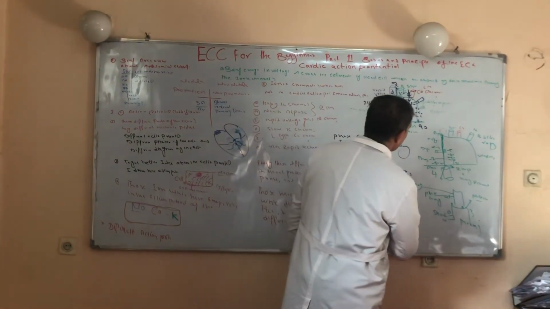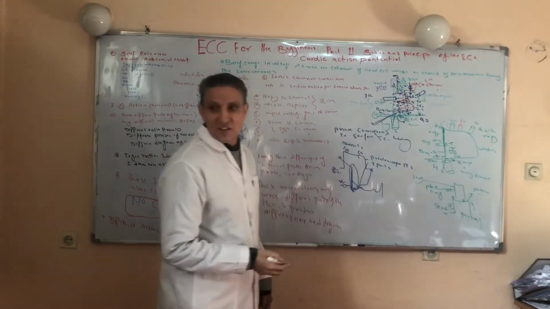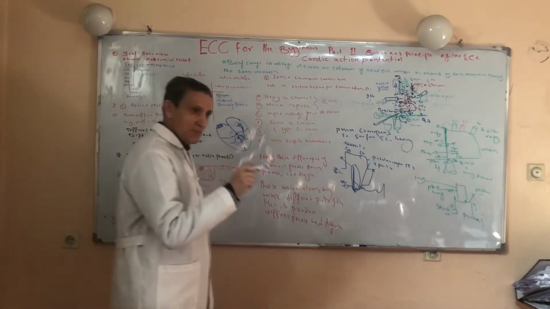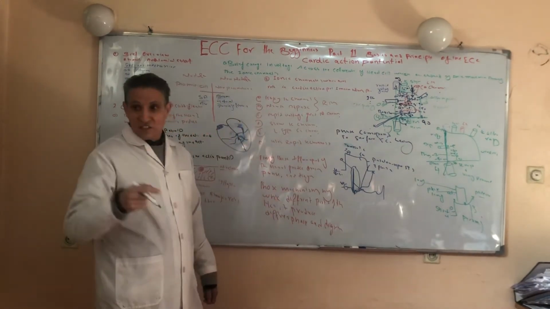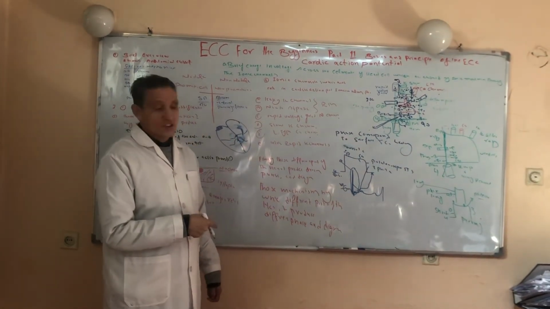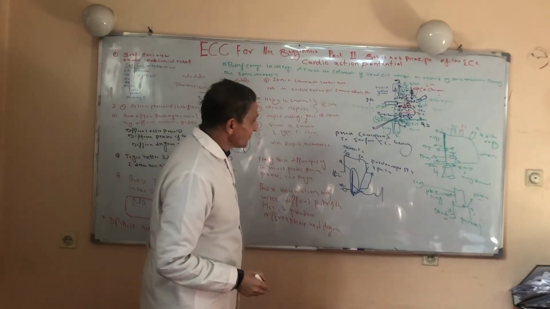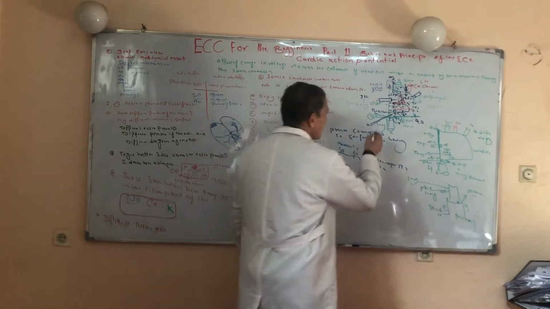Another is phase 3. Phase 3 represents repolarization. Right now we have the concept of repolarization. Repolarization is a process during which a cell loses positive electrical charge and the cell comes back to the negative electrical charge, I mean minus 90 millivolts. Another, phase 4, I told you about the resting phase.